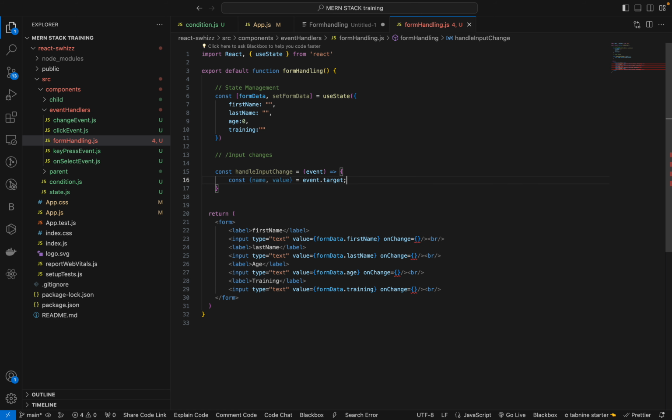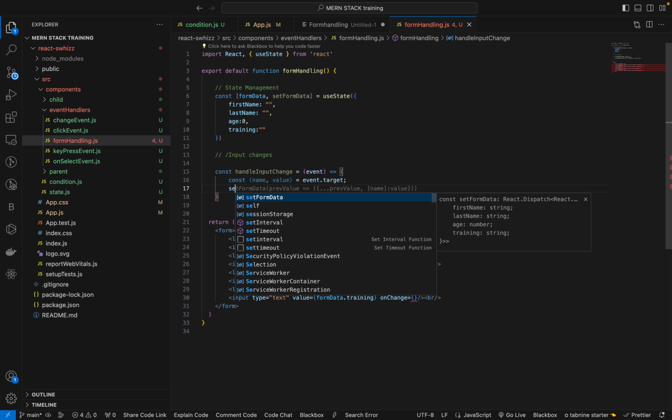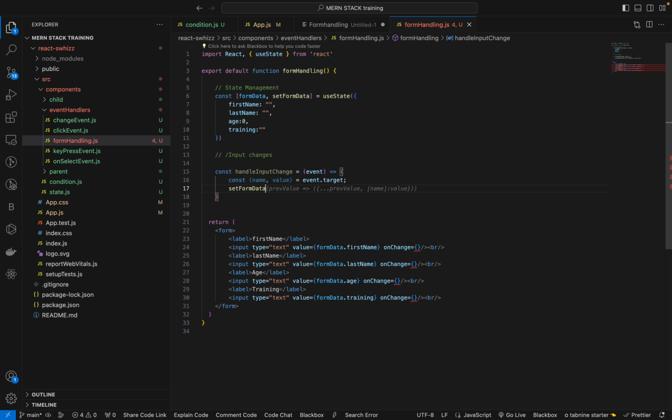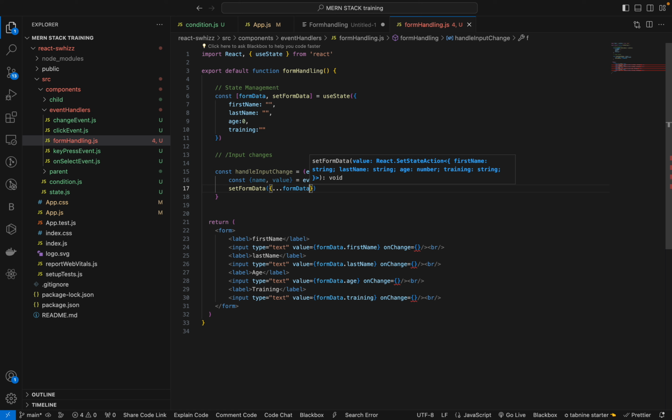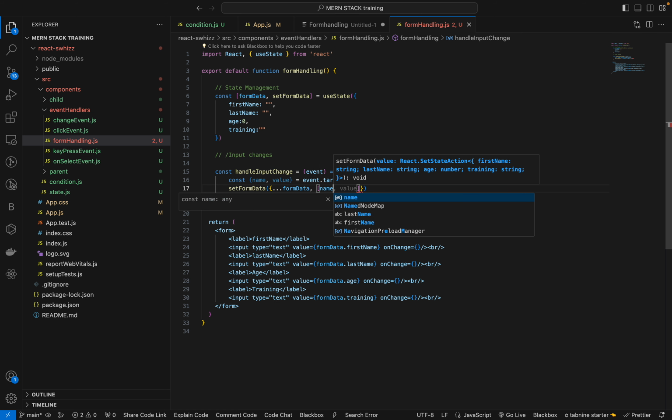So this is how event dot target is used. Next, I will use setFormData, and inside it I will use the spread operator. You know the spread operator, right? Spread formData, which is the initial data we are using, with a name, where the name is